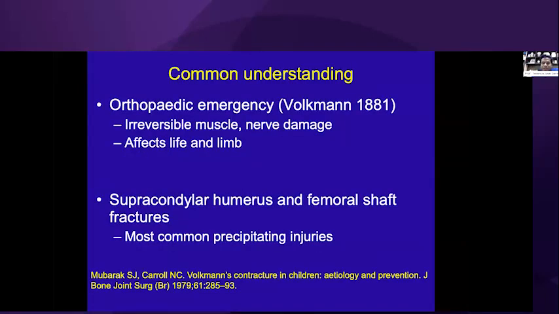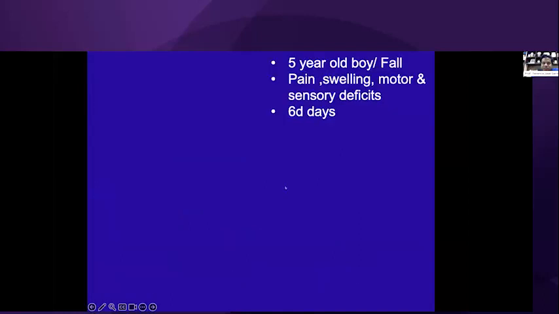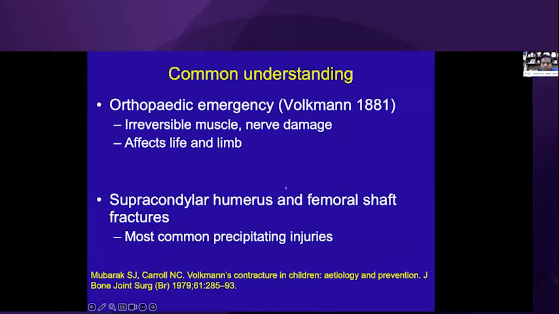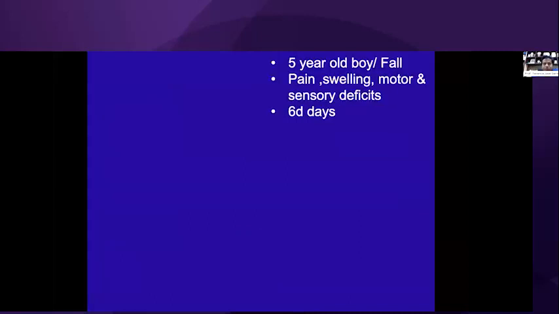Overall, we know that compartment syndromes or even Volkmann ischemic contractures are an orthopedic emergency. We also have been taught that these emergencies should be addressed immediately because they might affect the limb and cause subsequent damage. Most common in the upper limb is supracondylar humerus, and femoral fractures in the lower limb. So today the focus is on the